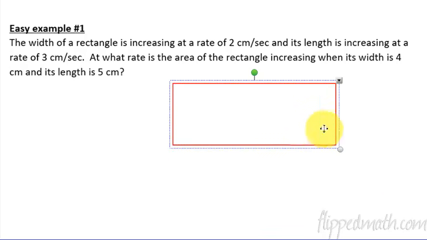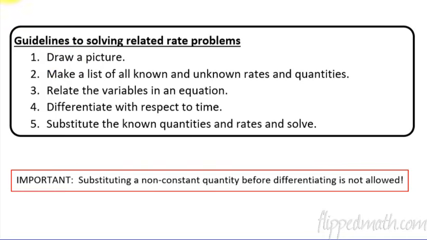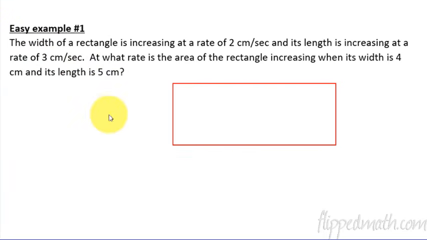It's changing. So at what rate is the area of the rectangle increasing when its width is 4 and its length is 5? What are we supposed to do? Draw a picture. We did. There's our rectangle. So draw a rectangle on your picture. Now, we're going to make a list of all the known and unknown rates and quantities. So here we go. You ready? What I'm going to make a list of first is that we're increasing at a rate of 2 centimeters per second. The width is. So if I were to call this the width and this the length, and this whole thing is the area,